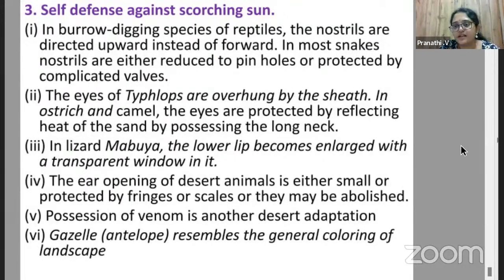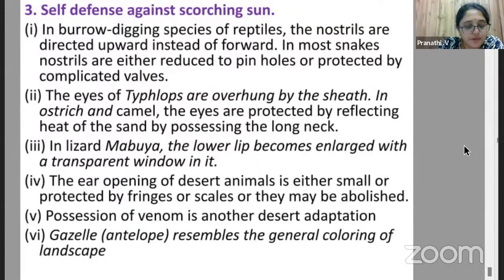That is, when it is facing some kind of danger, it cuts its tail, so that is one kind of autotomy or protection. And then blending, that is camouflage. So these are the different kinds of adaptations that are present. At the same time, you have different kinds of protective adaptations,